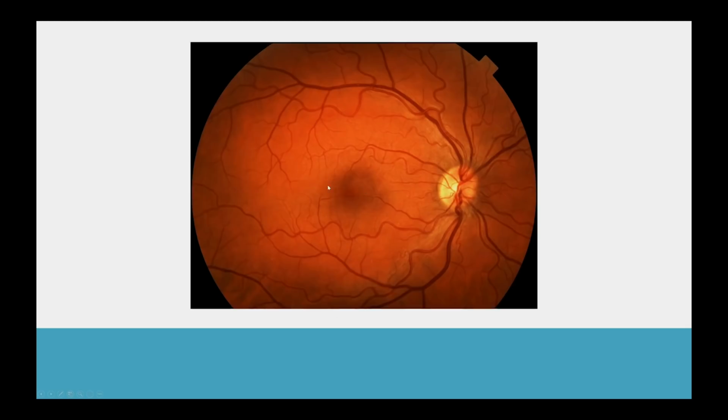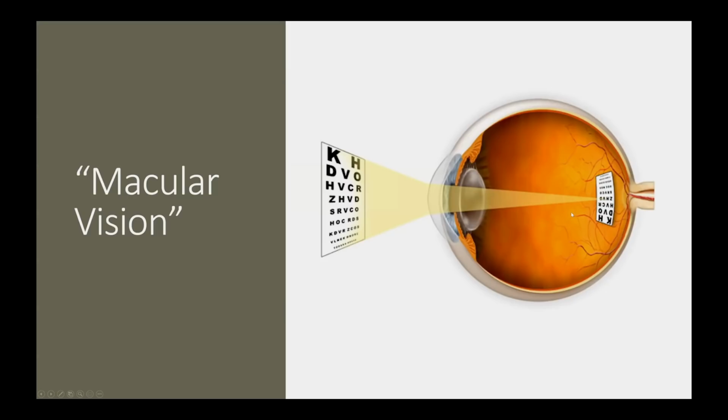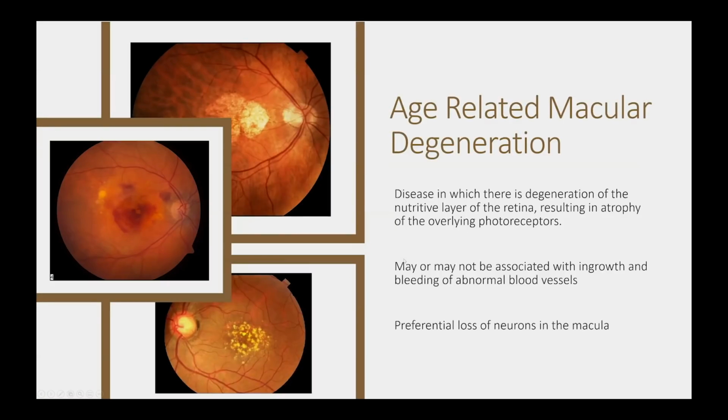And right in the center, this dark area, is what's called the macula. And the macula, that's the part that we use to see the best. So when we look at something, we are pointing our macula at that object to see it especially well. And unfortunately, it is the macula that is the target in a bunch of diseases, especially age-related macular degeneration, one of the biggest causes of vision loss in this country, as well as diabetic